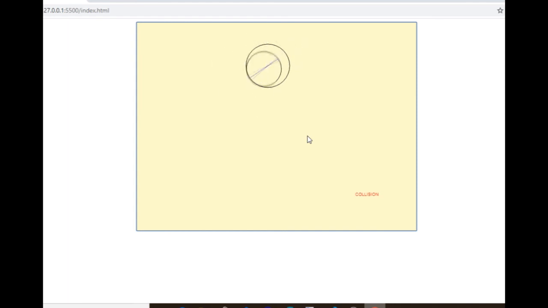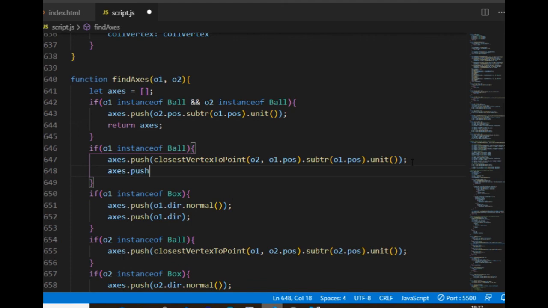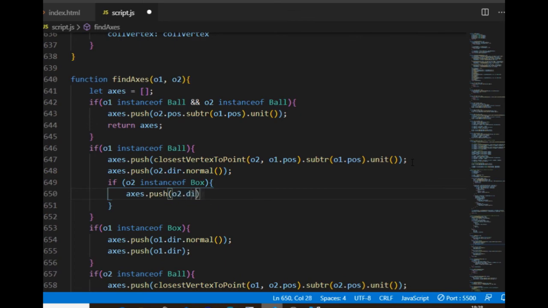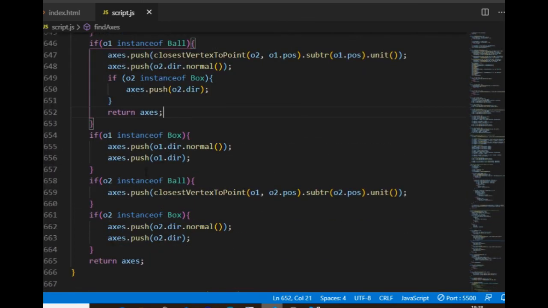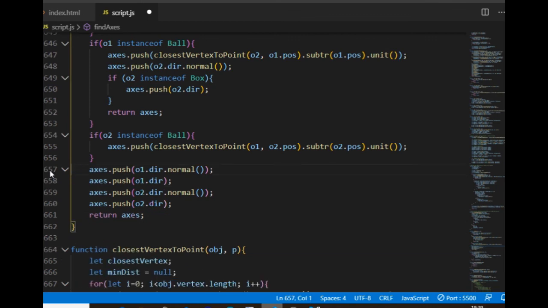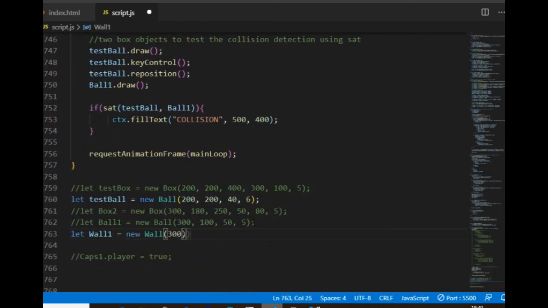It works as expected. And if I want to have a ball and a wall object on the canvas, then again I only need to change the conditions in the findAxis function to make sure that the axis array consists of the proper projection axis. For the projection axis of the wall object, I need the perpendicular direction to the wall, and to get the projection axis of the ball object, I need to find which vertex of the wall is closer to the ball center point, and I need to connect those 2 points. Then I go below, I create a wall object instead of one of the ball objects, and I check the canvas.